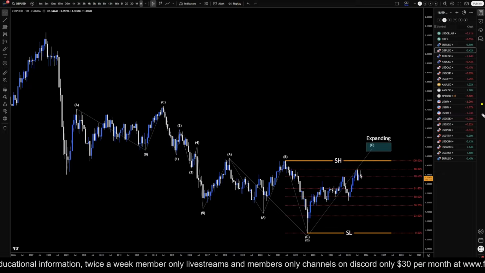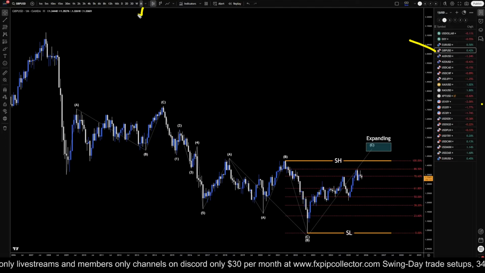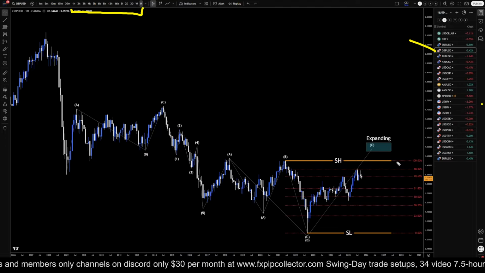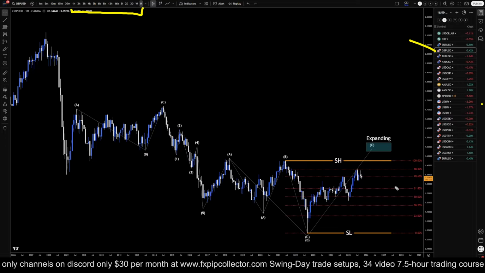Today is Sunday, October 12th, and this is my full top-down analysis for the pound US dollar. We're starting on the monthly time frame, working our way all the way down to the 1 hour for the full top-down. So my main analysis on the pound dollar, which I'm actually still kind of sticking to, is that